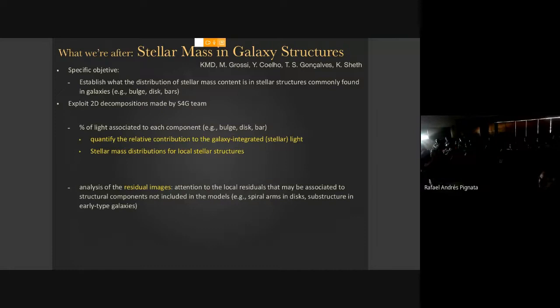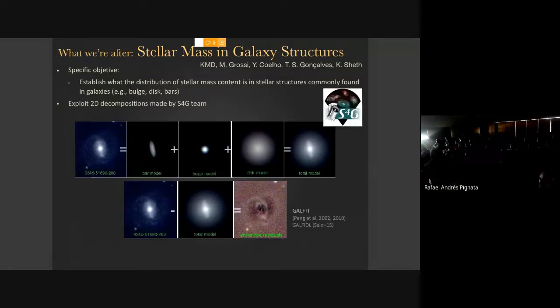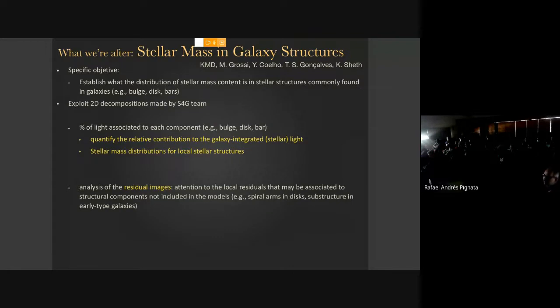So what we do is we look at how much light is contained in the 3.6 and 4.5 micron bands, and based on our understanding of how this translates into stellar mass, we can talk about it a little bit more if you want. I have skipped those more technical details, but I can talk about them. Basically, just get a sense of how much mass is contained in each of these objects. This is something that we have done already for bars. We're doing this with disks and bulges, but the idea would also be to look at how much mass is typically contained in other structures.